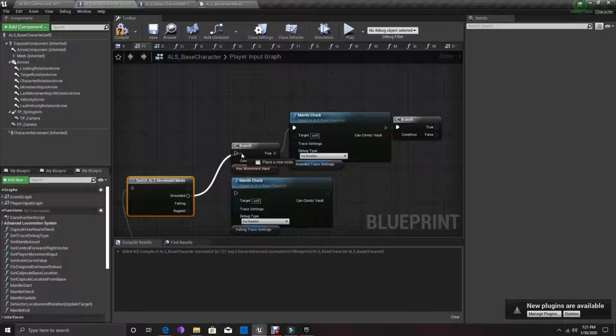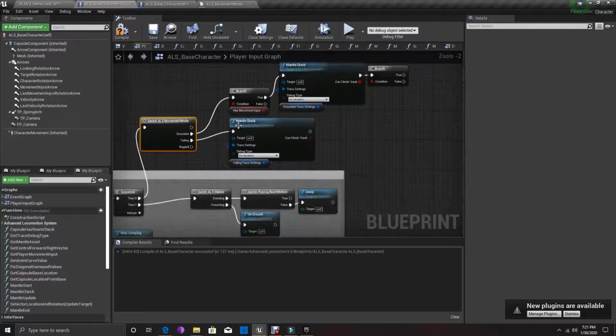You can clean it up more if you want to. Right now, this is just so you know what to do. Mine is cleaner, but this isn't my main project. Let's get that movement mode